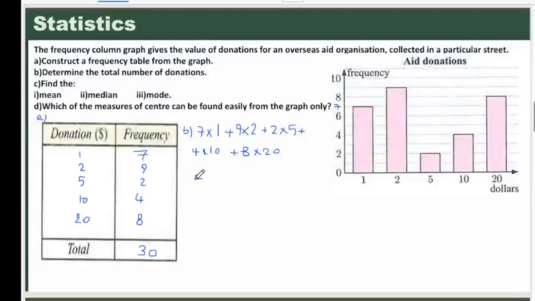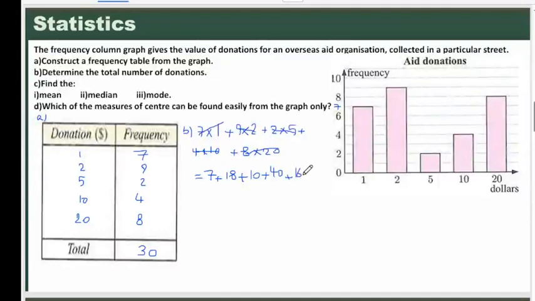The answer would be 7 times 1 gives me 7, plus 18, 9 times 2, and 2 times 5 gives me 10. And 4 times 10 gives me 40. And 8 times 20 gives me